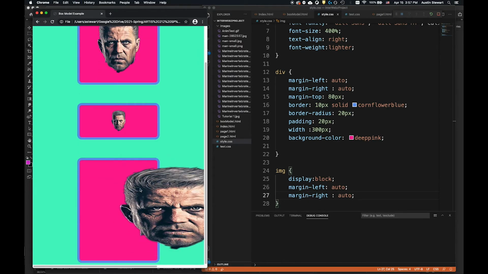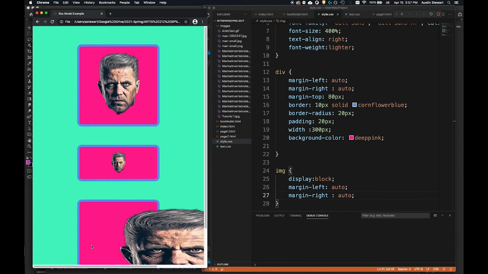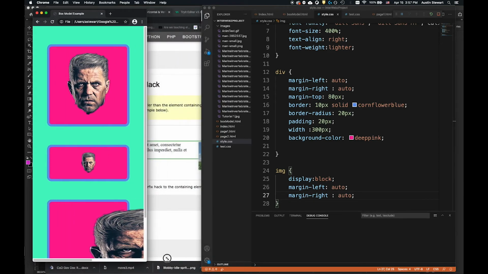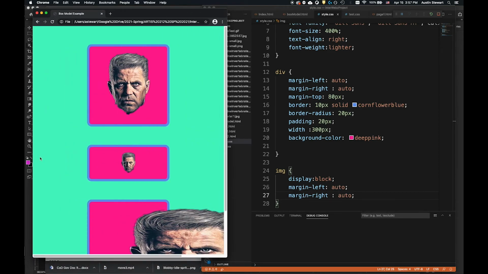Now this image, you'll notice, is still off-centered, and that's because it's just so huge. But the other two images, this one moved a little bit and this one moved substantially. The way this works is rather than this margin being halfway between the edge of the page and the edge of the page, the way that HTML and CSS works is the objects are sort of nested in